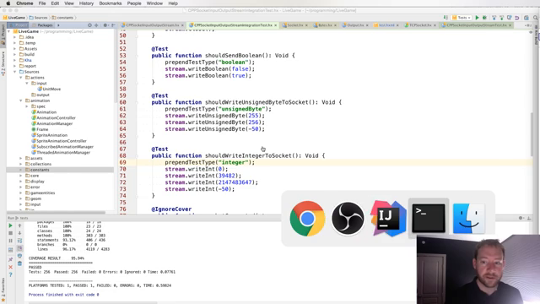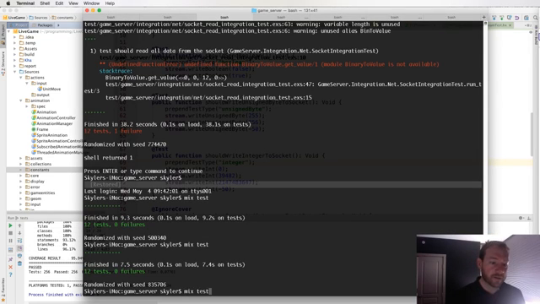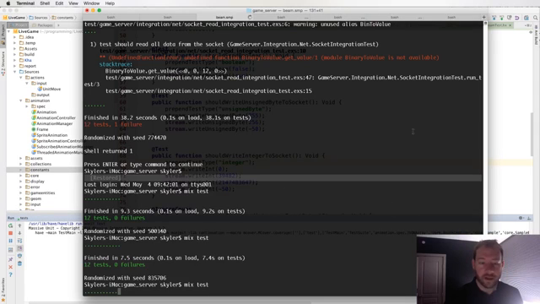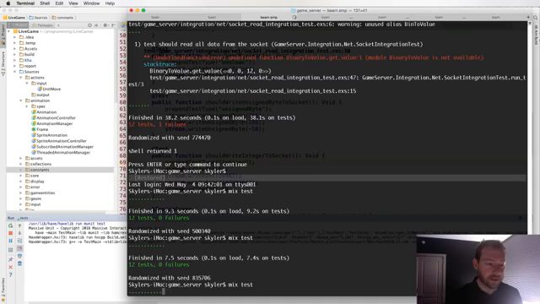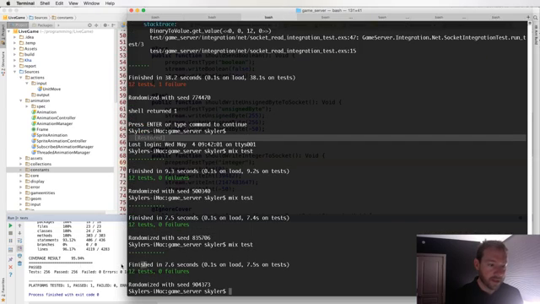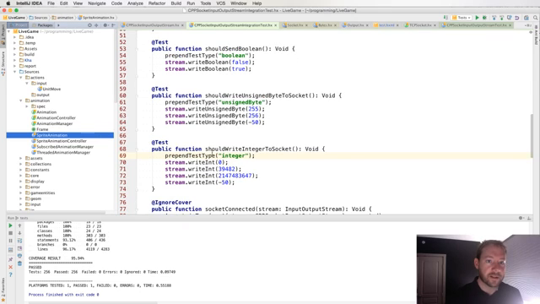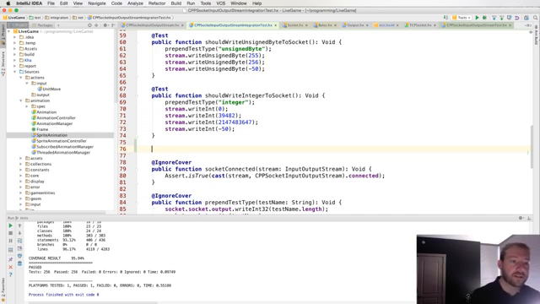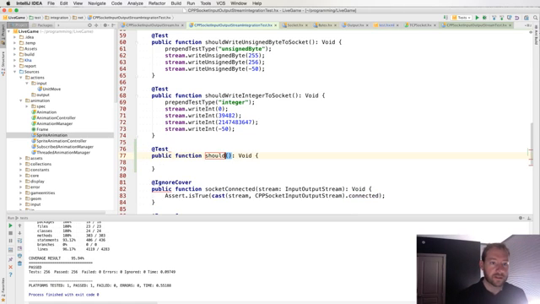We're just going to continue on from what we had yesterday. So what that is, we just run a test, and we run our front-end tests, and then they meet up in the middle, and they run their integration together, and you'll see that they passed. So let's continue on. We've got write unsigned byte to socket. We've got write integer to socket. Let's go on to should write